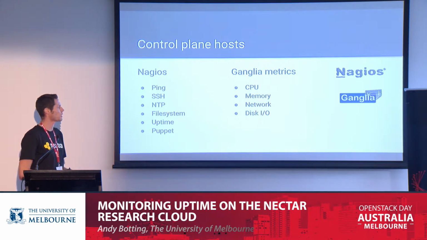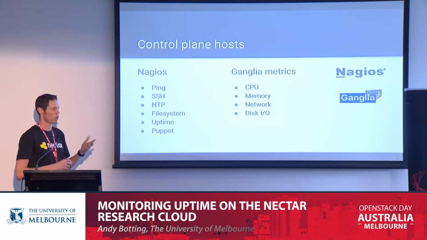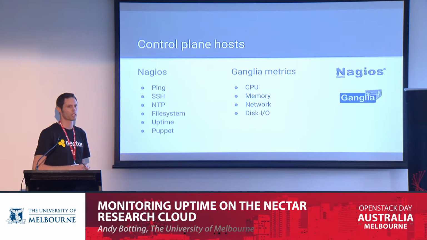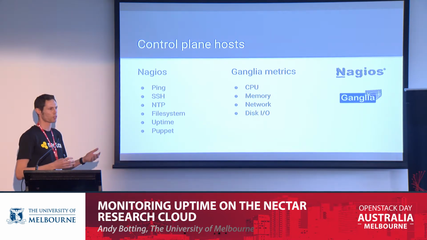Likewise with Ganglia, it gives us a different perspective. Ganglia gives us a perspective of the metrics more so than whether something's okay or critical. Ganglia will show us CPU and memory utilisation, which are really useful metrics when you're looking for trends. If you've got a service that's misbehaving, you can look at CPU, memory, even network and disk I/O to